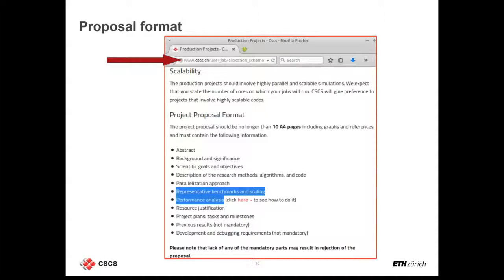That means that your proposal should contain some benchmarking results and representative timings, and at least one performance file of your application. And the goal of this webinar, of course, is to show you how to collect this type of information.